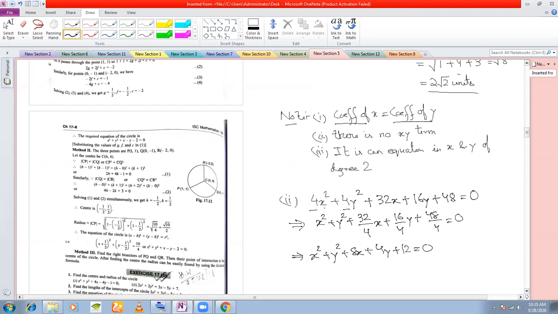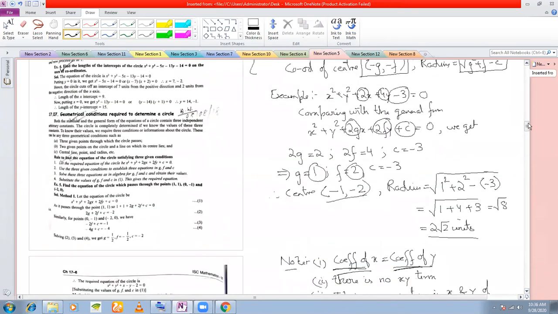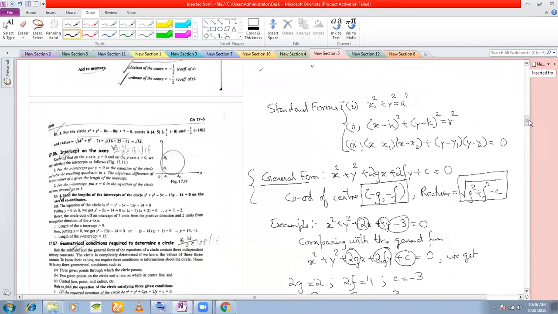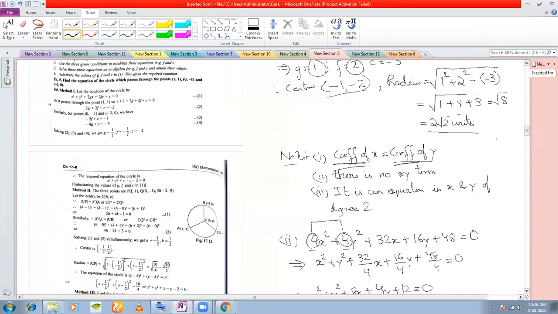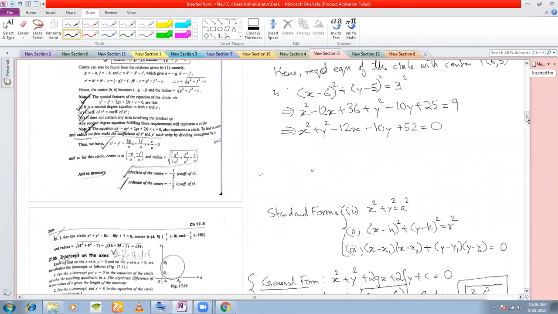Even if the coefficients of x square and y square are not 1, they must be equal. That is what I want to say. See here that they are not 1 but they are equal. So when they are equal, in order to make it 1, you divide both sides by that number. You will get the coefficients of x square and y square as 1. Okay, so this is the way. Now you can find out the center and radius very easily from here, just as I have done here. That is what my question was. And these three things you must note, that it is a second degree equation in x and y, that is, you have an x squared term and you have a y squared term.